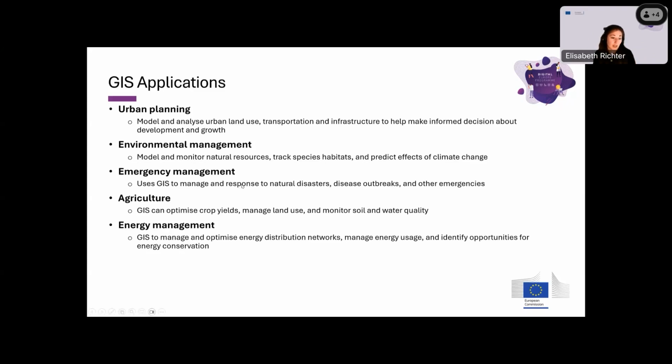When it comes to energy management, geodata is used. You can optimize energy distribution networks, you can manage energy usage, and identify opportunities for energy conservation. Also quite an up-to-date topic, or quite a modern topic at the moment. And then lastly,